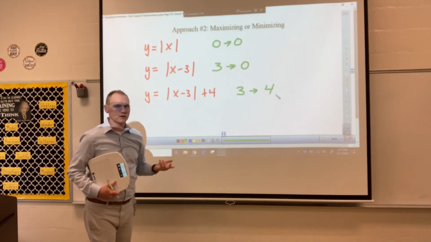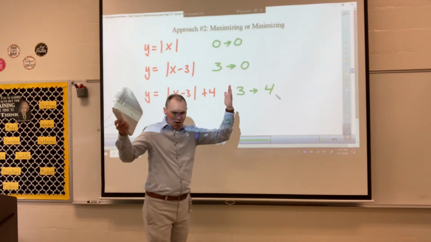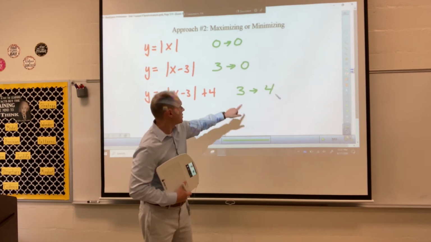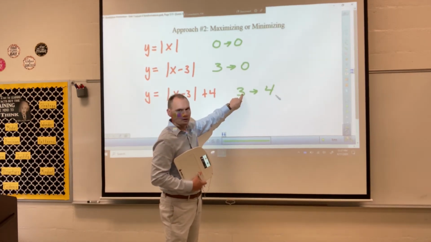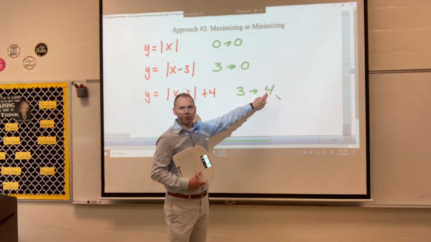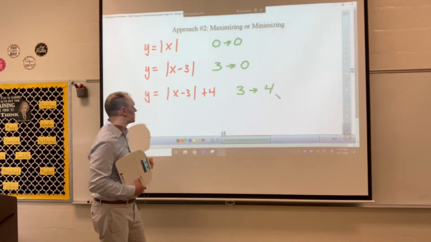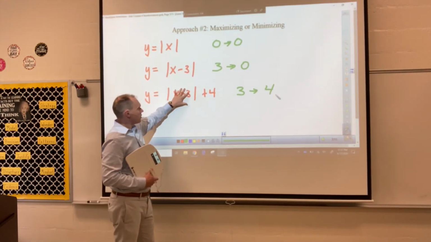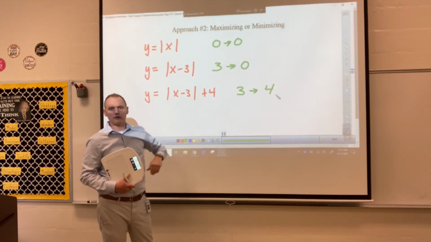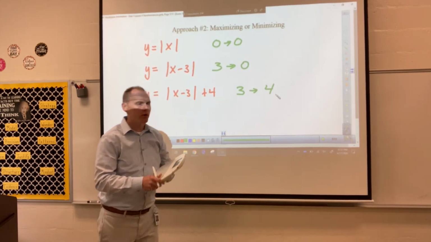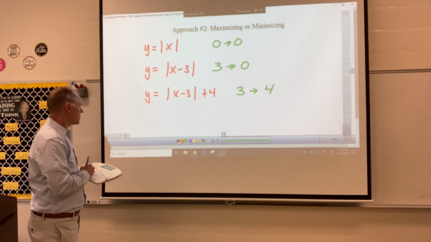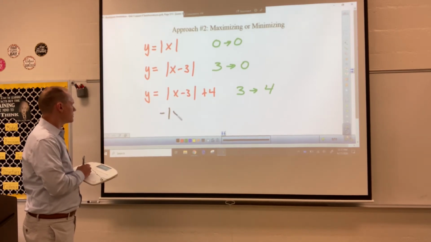So what we're saying here is the minimum value, the bottom of the V, occurs now to the right 3 and up 4. So at the point (3, 4) is where that occurs. Again, by thinking through a way to minimize our function. All right. Now, if we were to tack on a negative in front of this,